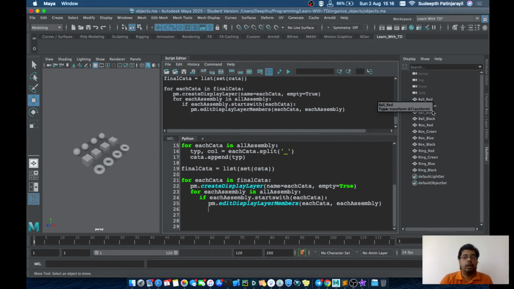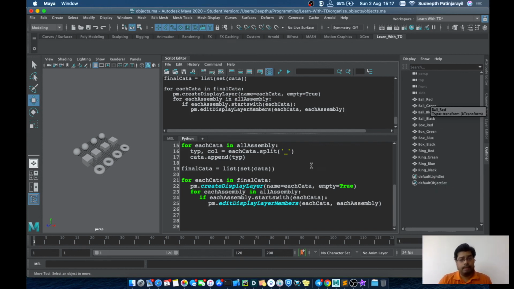Right now what we did is categorize based on the first names of these objects, starting with balls, boxes and rings. So we categorized three categories, made three display layers, and added all those objects to those display layers.